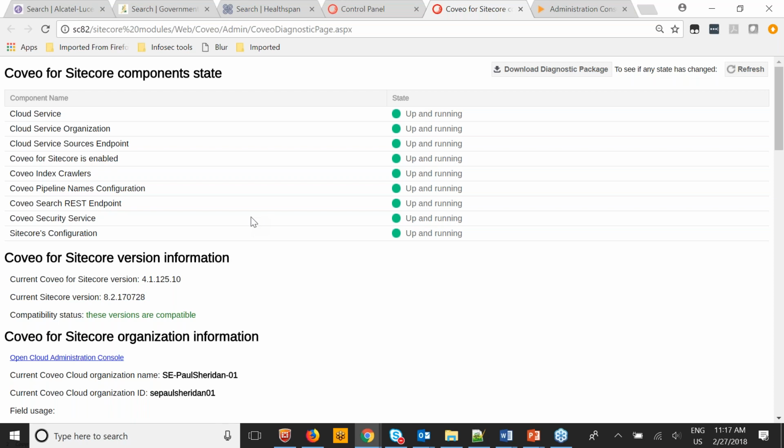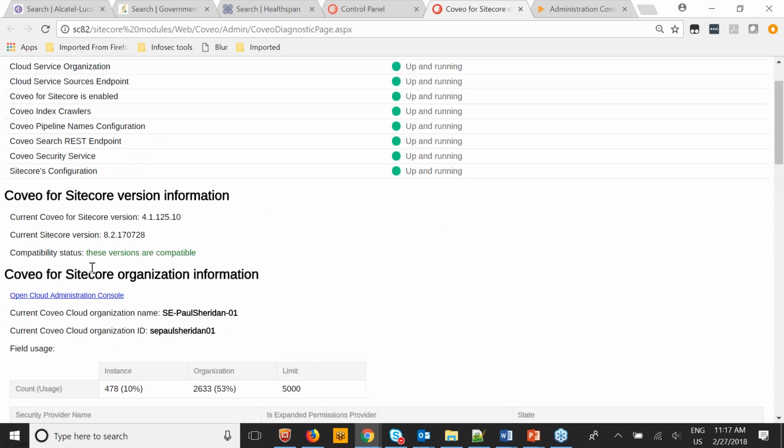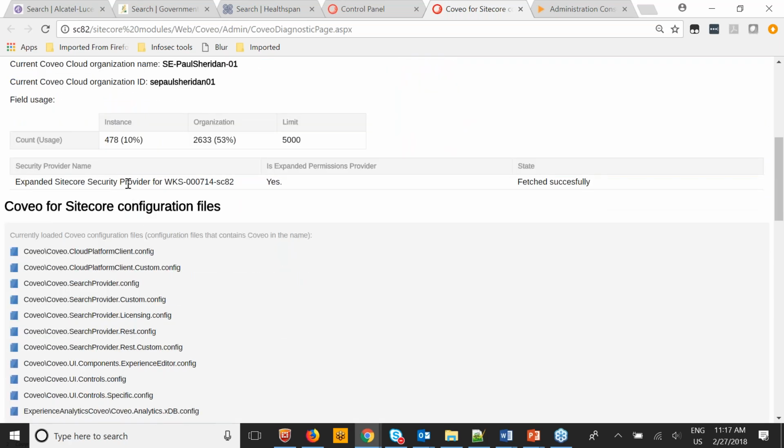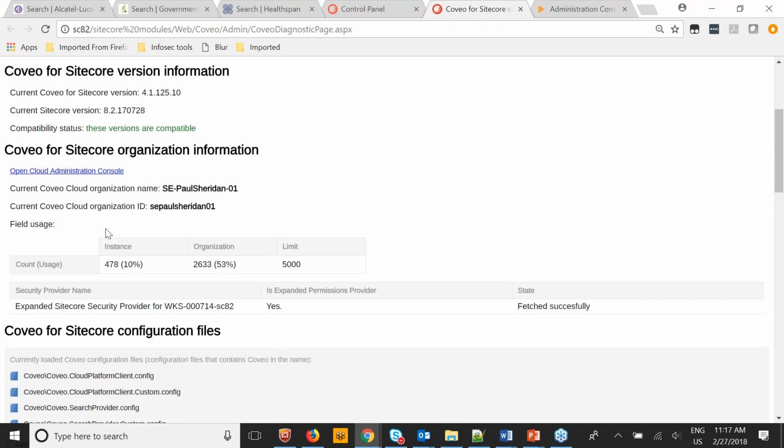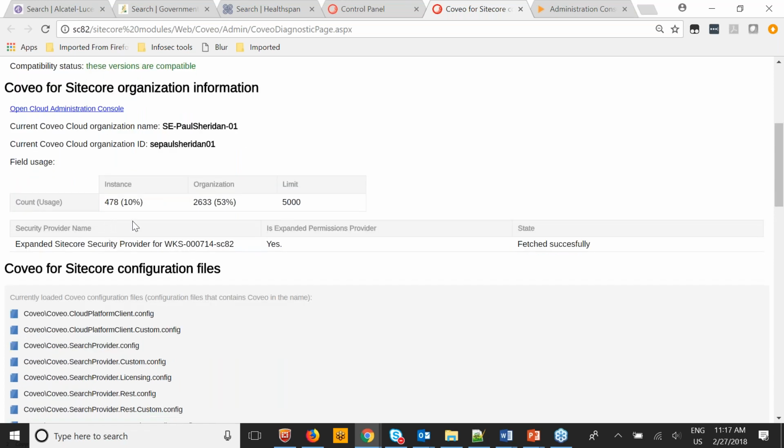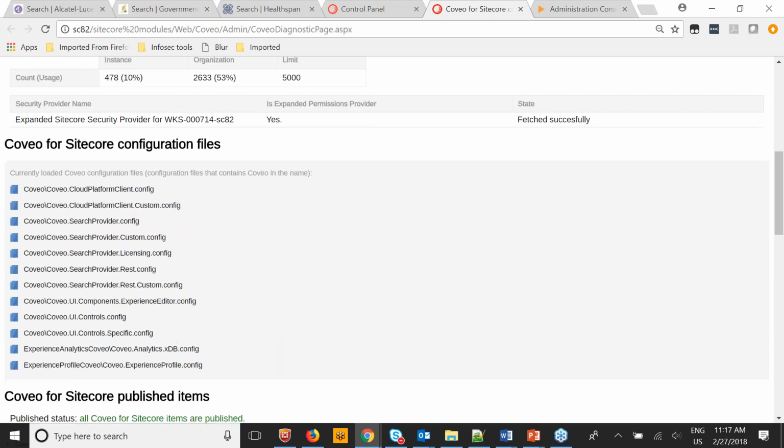Of course, you have the ability as an administrator to manage the sources that you're indexing, be they Sitecore or non-Sitecore content. You'll also see down here as we scroll down a little bit information, obviously, about the version of Coveo for Sitecore that's installed on your Sitecore server, any information about usage and so on. Also a series of configuration files,